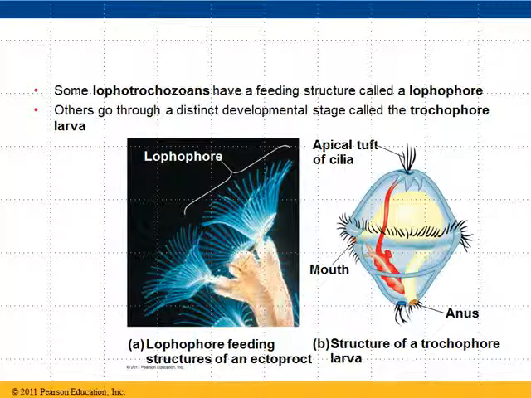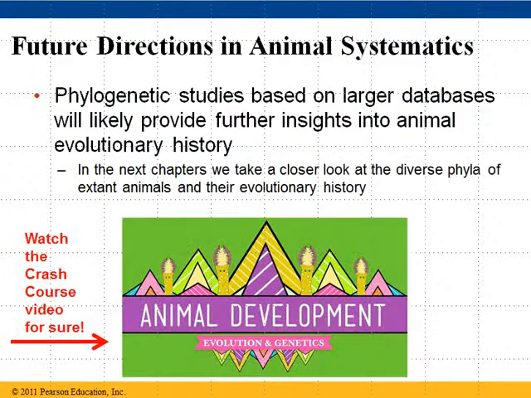As we continue to learn more information, we're going to fine-tune our various phylogenies. We're going to go ahead and stop right there. That's as good as we need to know for the moment. I would definitely tell you that you want to go and look at the crash course videos. The last slide here basically says that as we learn more, we're probably going to further develop our phylogenies, which you already know. The more we learn, the more we're going to change what we know and try to make it as accurate as possible.